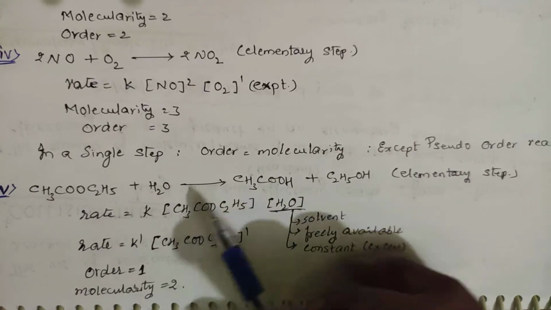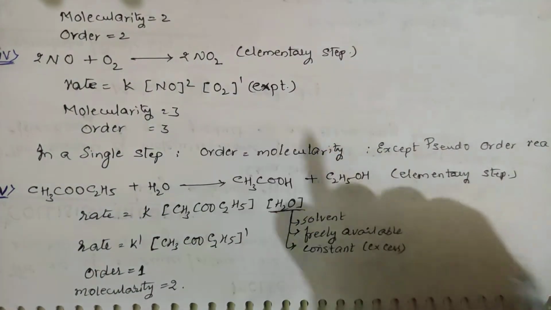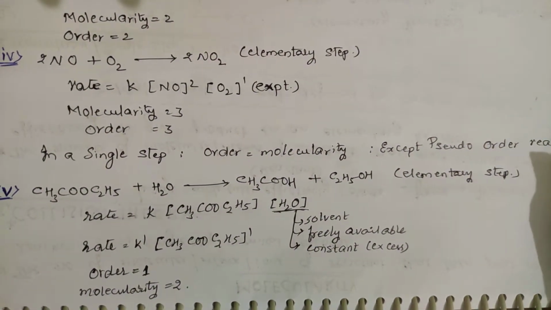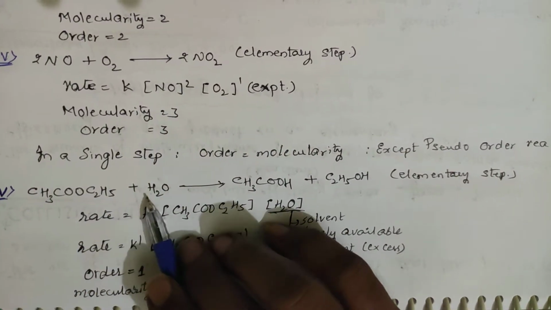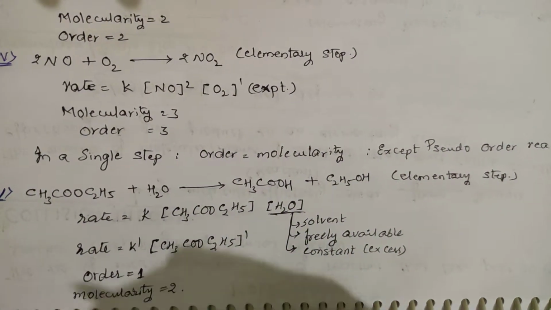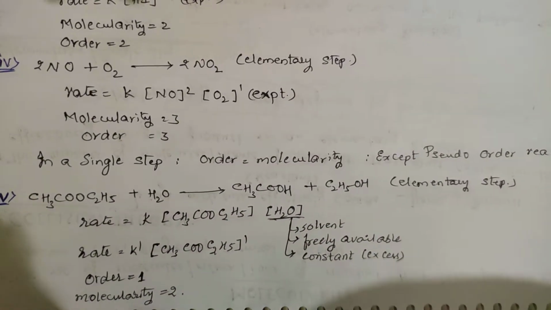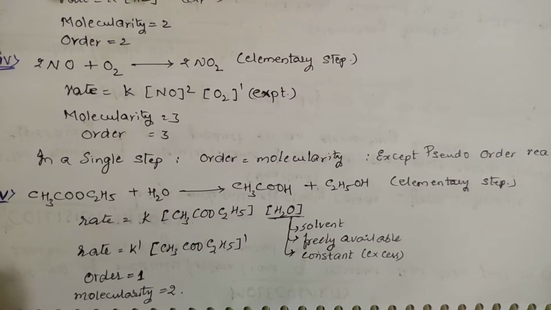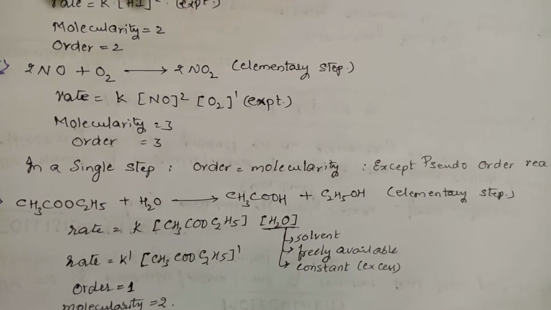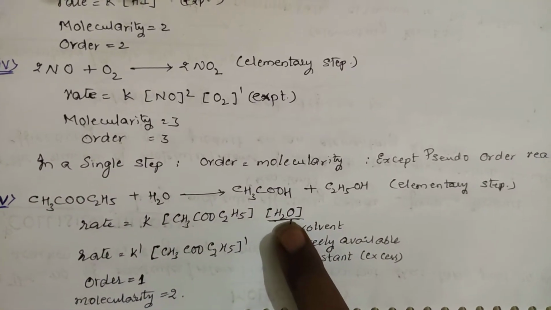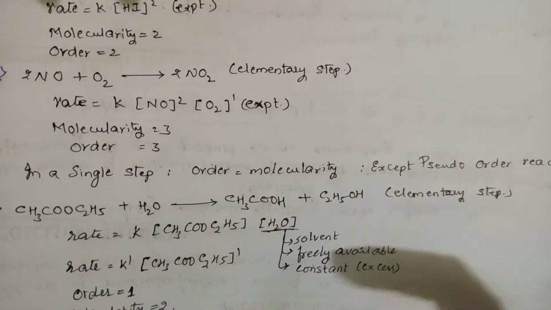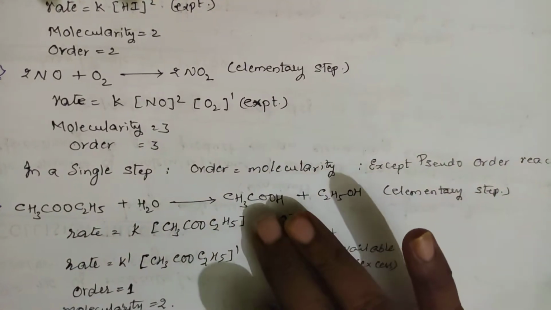Okay. So among these two, whichever is taken in larger quantity, any compound in the reactants that is taken in the larger quantity cannot decide the rate. Already you know this from Graham's law of diffusion of gases: the speed is determined by the slowest one. Here this one is in huge quantity. If it is more in quantity, if the solvent is very huge, then you will not take that into the rate.